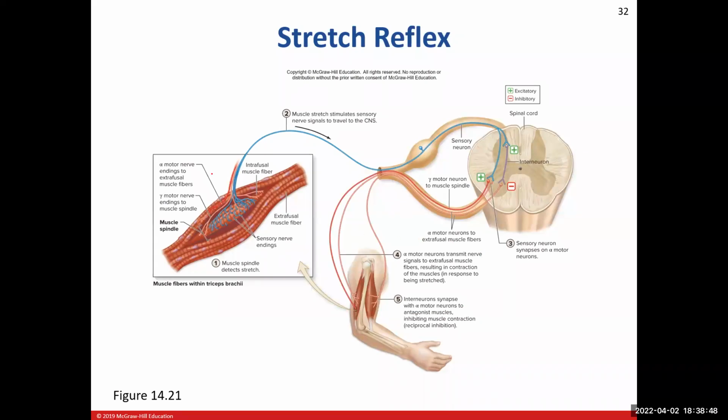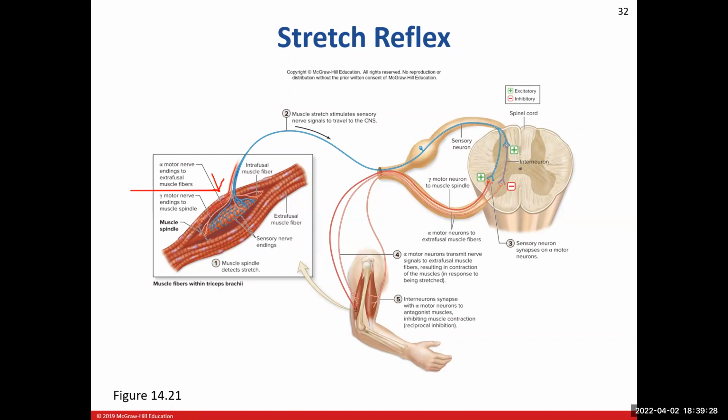Okay, so here's our muscle fiber in the triceps brachii being stretched too much. Our sensory neurons that are wrapped around the intrafusal muscle fibers are going to send sensory input information into the spinal cord. That sensory neuron will travel in through the spinal nerve, then into the spinal root, and then it'll come into the spinal cord and directly synapse onto our alpha motor neuron here.